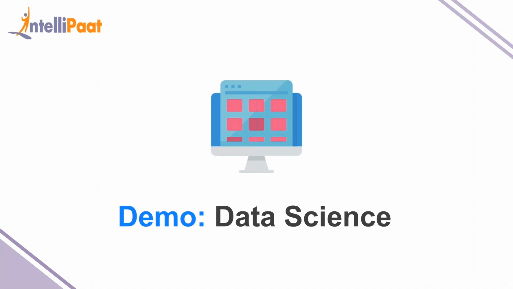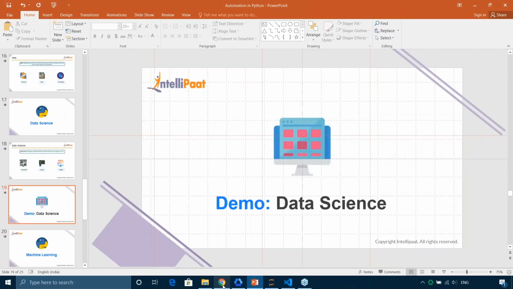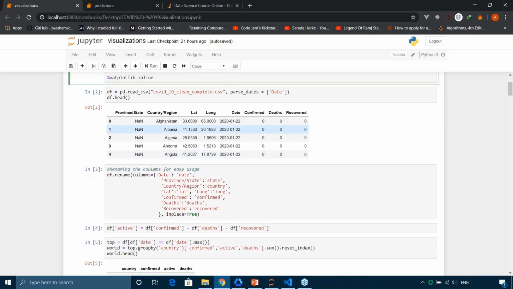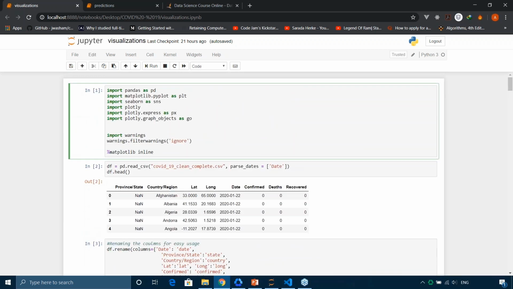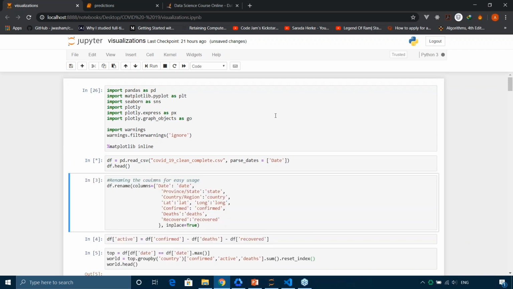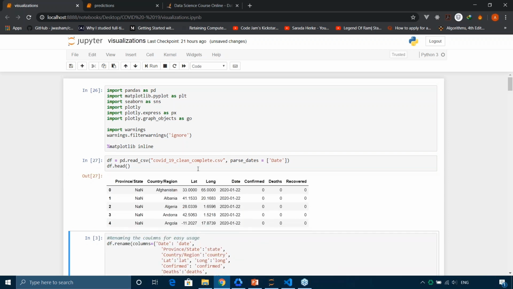I have created a Jupyter notebook for you using the coronavirus data that the government has provided. We'll take a look at that, and I will run each cell one by one and explain what's going on. So let me just run this. The first thing we're doing is taking a look at the data, and as you can see, we have these columns called province and state, region and country, latitude, longitude, date,